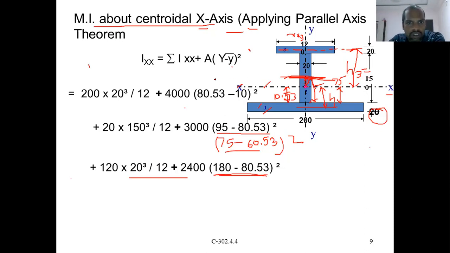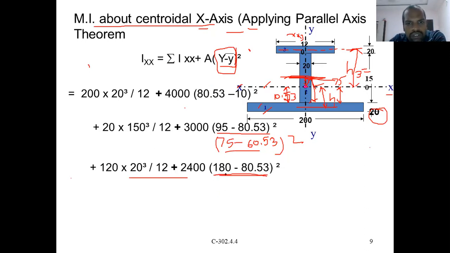In this case it is specified as y minus y bar or y bar minus y. I don't want to use these formulas, because that unnecessarily confuses me. Whatever the dimension, either along the x-axis or along the y-axis, I want to use only one term, that is h. That's all. So h squared, whatever it means.